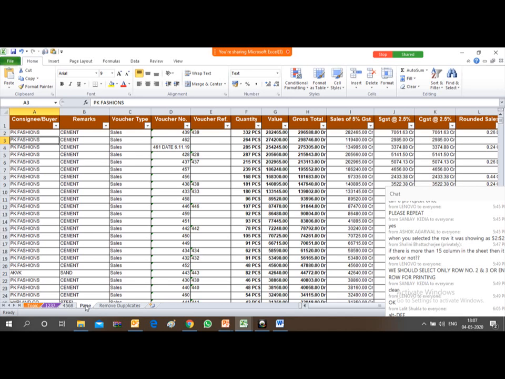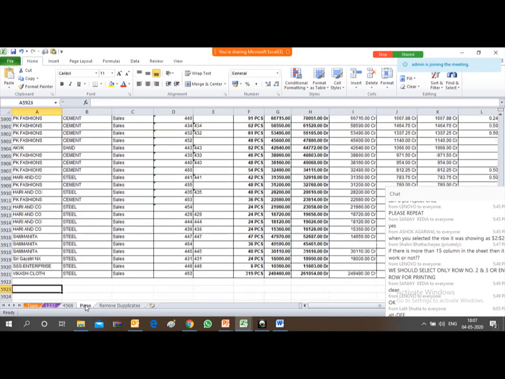If you are not using freeze panes, you will have a lot of difficulties in handling the data. Suppose in this sheet there are more than 5,000 rows. See here, 5,000 rows are there.